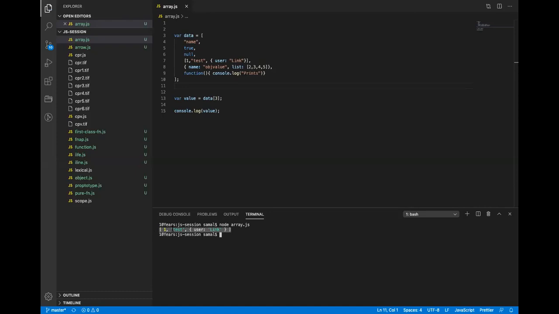Now I want to basically print out the object, the user key, right? Now again I have to find the index value of this. 2. Okay, will be 2, because this is an array, and an array has an index value. Okay? Now dot user. Okay, now I can basically just say dot user. So then print the dot user, or another way, in a square bracket, user. Okay, we get the output.